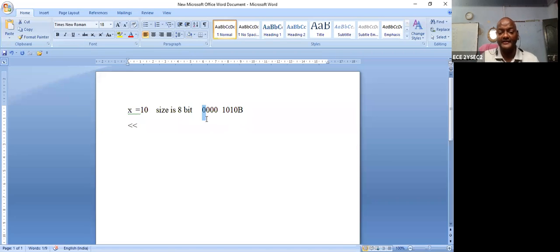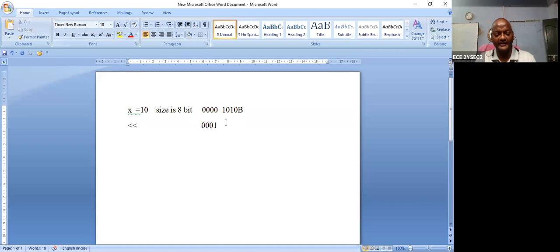So can you please tell me, in the signed left shift, each and every bit is shifted left by how many positions? 1 position. So then what is the resultant value? I can show you. Okay, right. So 0 comes to this position. Very good. And this 0 comes to this position. Very good. 0 comes to this position. Very good. And 1 comes to this position.